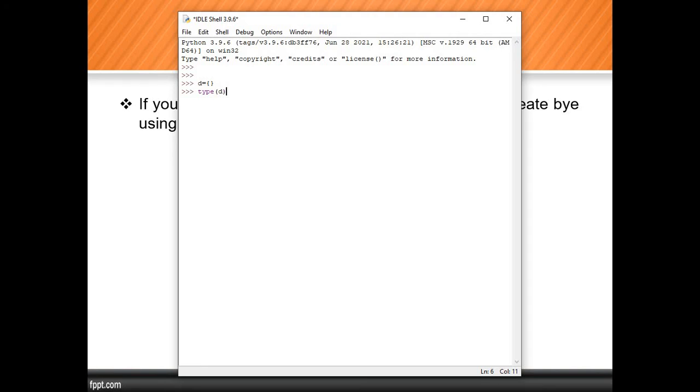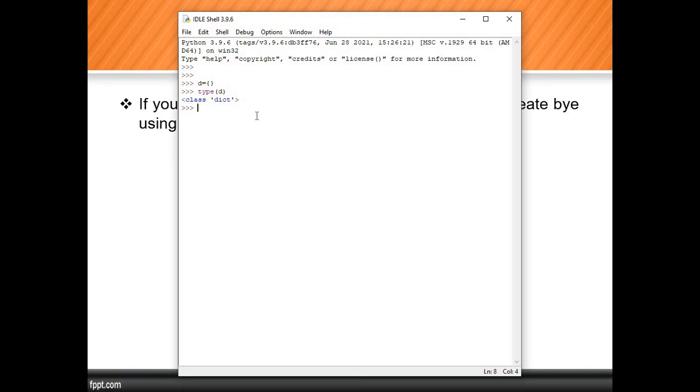When we get only curly braces open and close, we cannot definitely say it is a set. Right now, here I am using D equals curly braces open close, so it will be a dictionary. Make a note of that: the most default, most reusable data type is a dictionary. When we compare set and dictionary, the most reusable is the dictionary. So whenever we use D equals empty curly braces, the data type printed is dict. Then what about set?